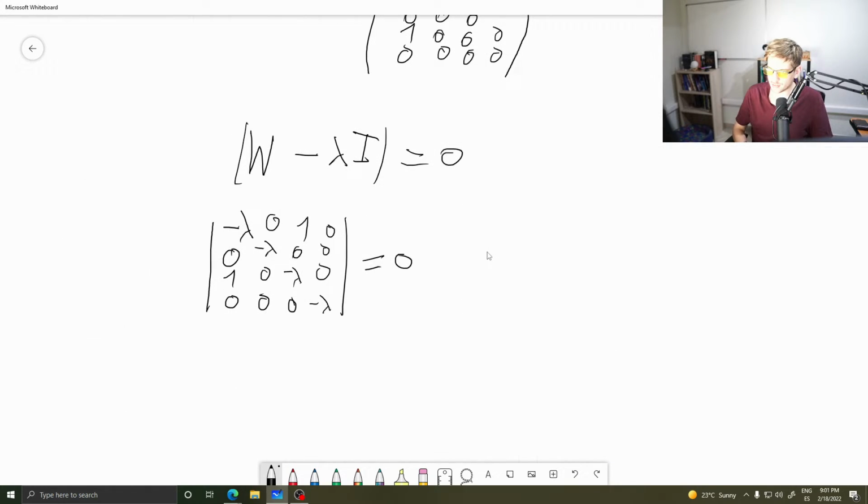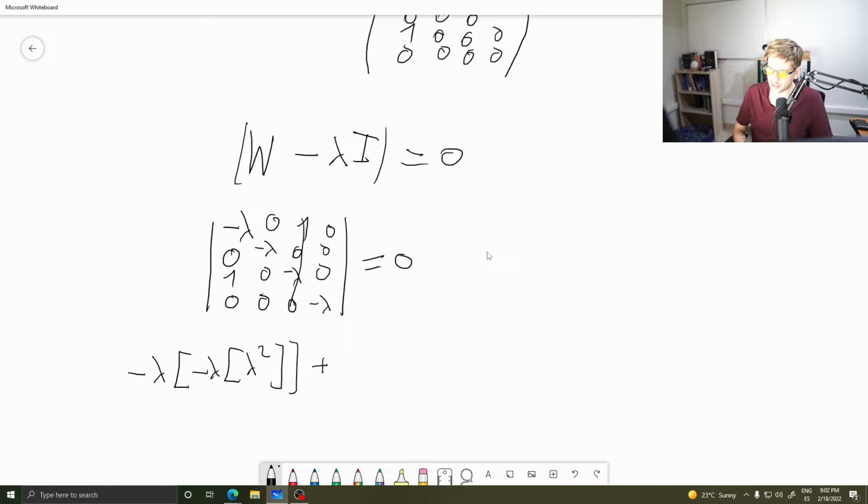Now, the determinant of this, it's going to be minus lambda times the determinant of everything inside, plus the determinant of this, which will be 0, minus, sorry, this is minus, and then plus here. So we get minus lambda times the determinant of this part, which would be minus lambda again, times the determinant of what is inside, which would be lambda squared. Okay, now then we get minus 0 times the determinant, which is 0, plus 1 times the determinant of what